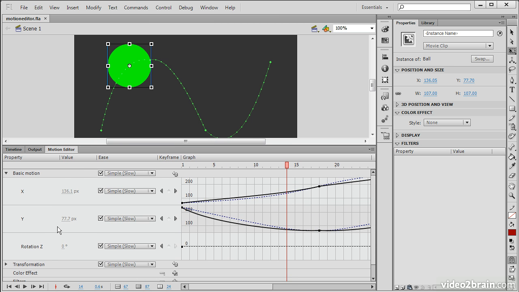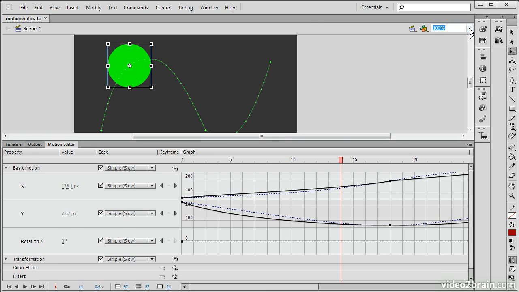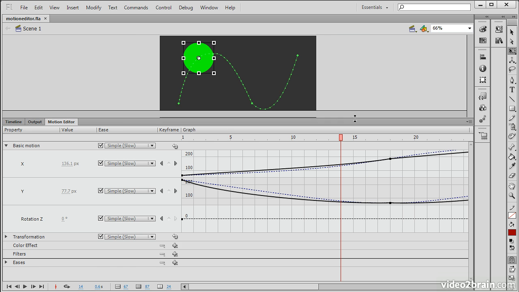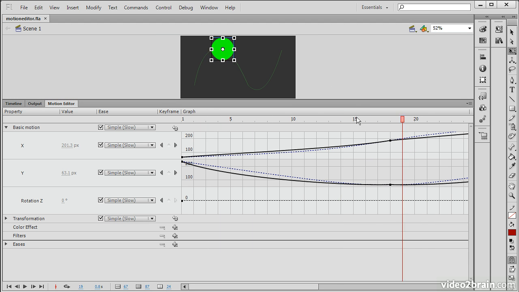Let's expand this a bit more. One of the drawbacks of the motion editor is just that it is so robust. You almost need an entire other screen to be able to pull it off and do stuff with it. So what I often find myself doing when using the motion editor is collapsing all of my other panels and actually making my movie fit to window so that as I expand my motion editor, I can still see what's going on my stage, but I have a lot more real estate to deal with the motion editor itself,